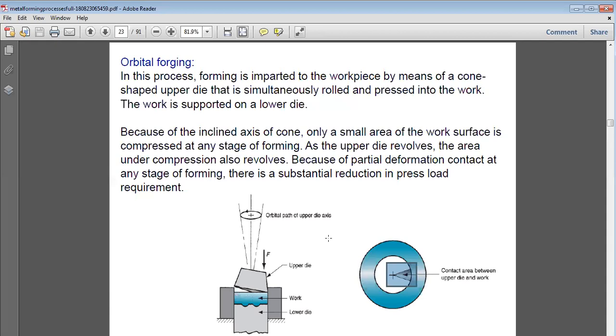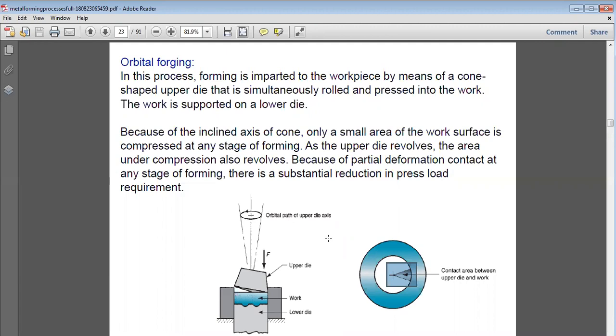The load is also rotating, and the amount of load that the workpiece receives is rotated simultaneously. So as the upper die revolves, the area under compression also revolves, because of the partial deformation contact at any stage of forming.